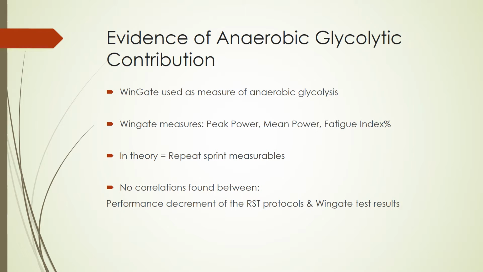So what evidence, if any, was there of anaerobic glycolytic contributions to repeat sprint ability? Well, in this study, they used the Wingate as a measure of anaerobic glycolytic ability. Wingate typically gives us peak power, mean power, and fatigue index. And this is important to measure because, in theory, these are the measurables that repeat sprint test protocols are trying